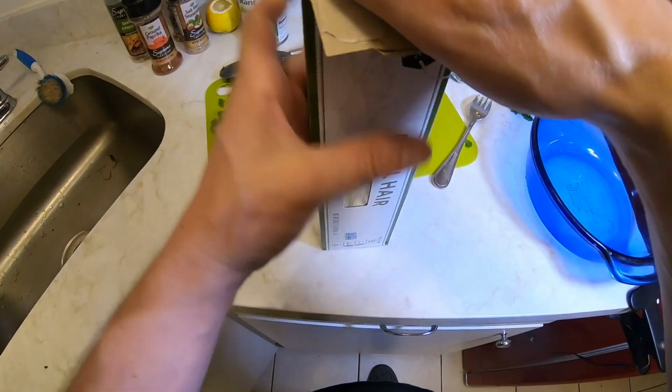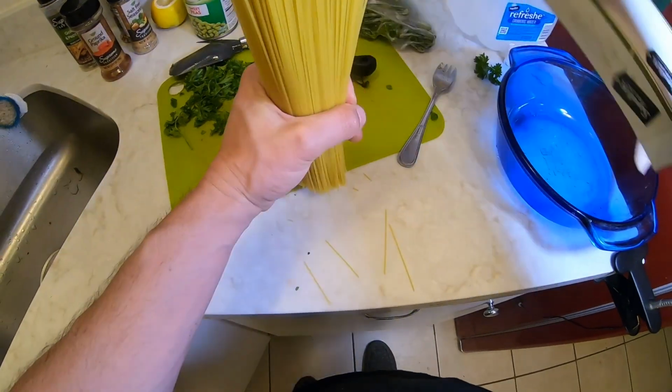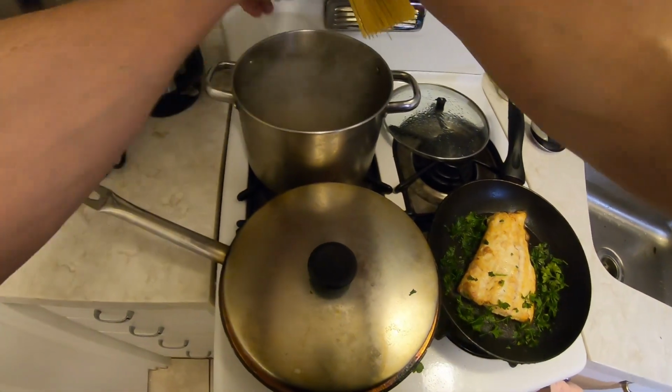Our water is boiling. It's time for the pasta. This is how I do it. I'll just turn the box upside down, grab it all in one bunch, and then I head over to the pot, break it in half, drop it in,